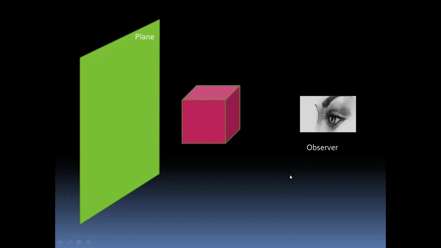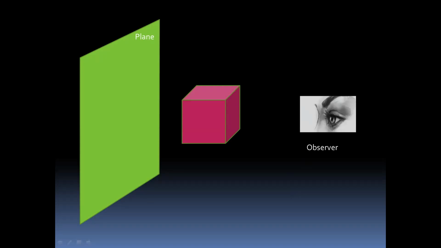When the observer observes this cube from the front direction, the observer sees only the visible outlines of this object. This visible outline from the front direction is nothing but one rectangle or a square.